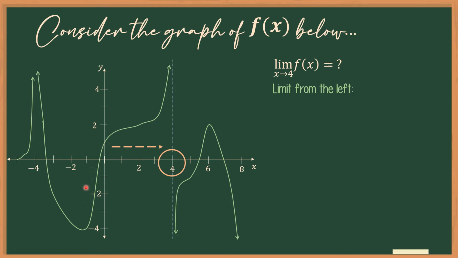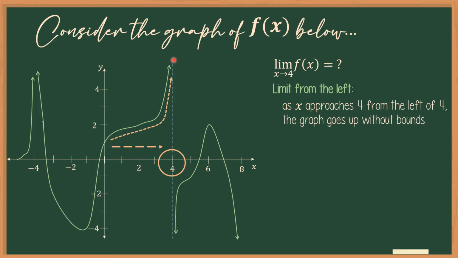Observe that as x approaches 4 from the left, what happens to the behavior of the function? We look at the values that are close to 4. What happens? The values of y increase, they keep on increasing, like they increase without bounds. If we trace it, did you see the behavior? It goes up. So we say that as x approaches 4 from the left, the graph goes up without bounds. So the left-hand limit of f of x as x approaches 4 is equal to